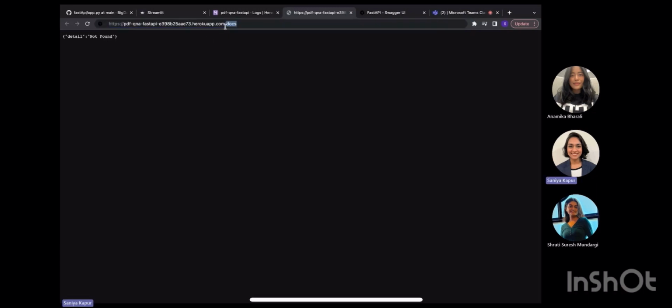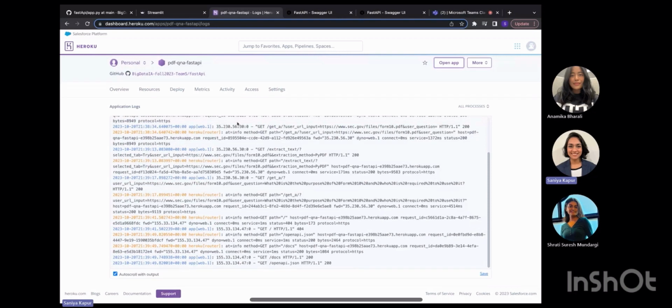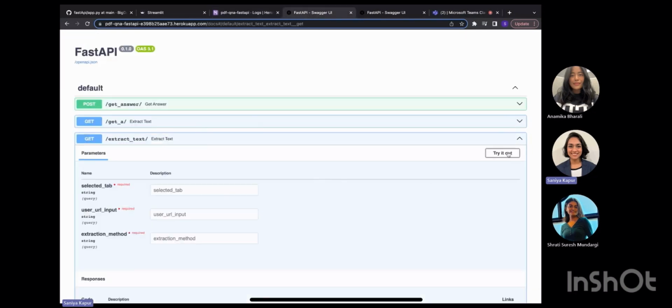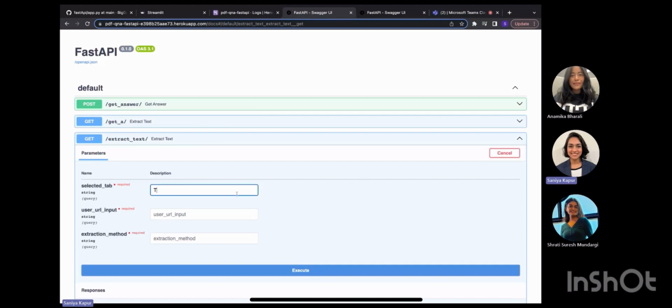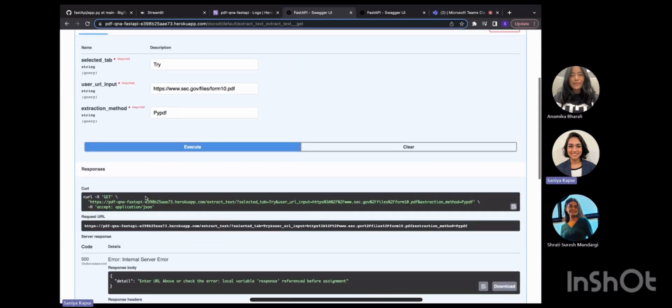Let's see if Heroku works. As you can see, this link is generated. This is exactly the link that we use to then